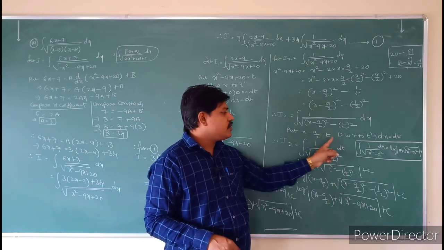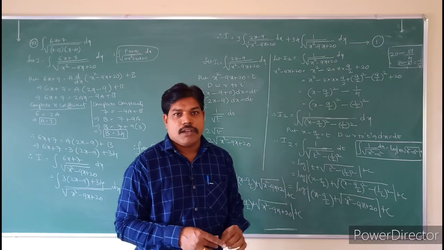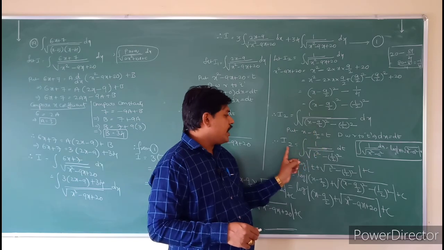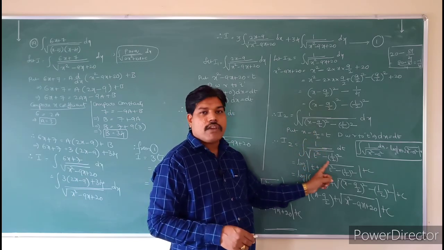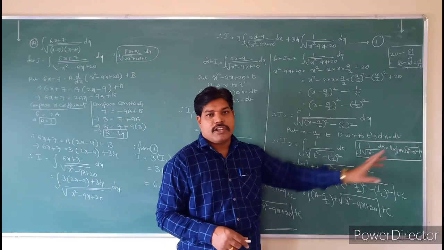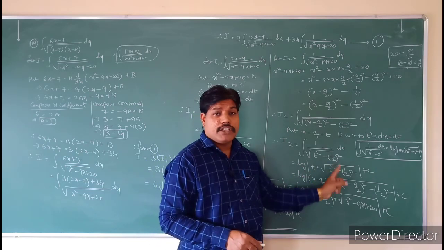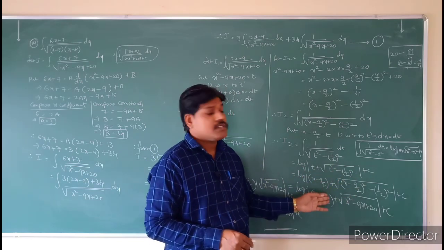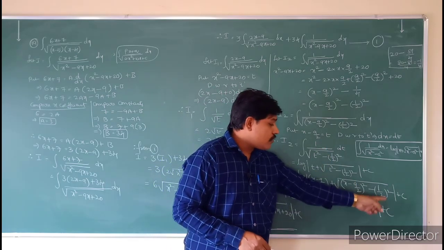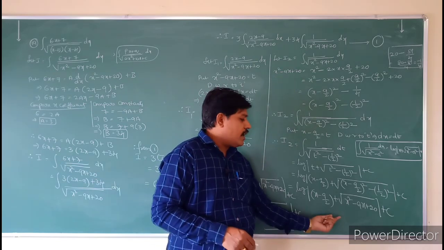So if x minus 9 by 2 is equal to t, differentiate, then dx will become dt. Automatically the independent variable changes to t. So I2 is equal to integral of 1 by root of t square minus 1 by 2 whole square. So it is in the original form, integral 1 by root of x square minus a square form. Log mod x plus root of t square minus 1 by 2 whole square. The t value is nothing but x minus 9 by 2. Replace the value. So x minus 9 by 2 whole square minus 1 by 2 whole square is nothing but x square minus 9x plus 20. So substitute this value here.